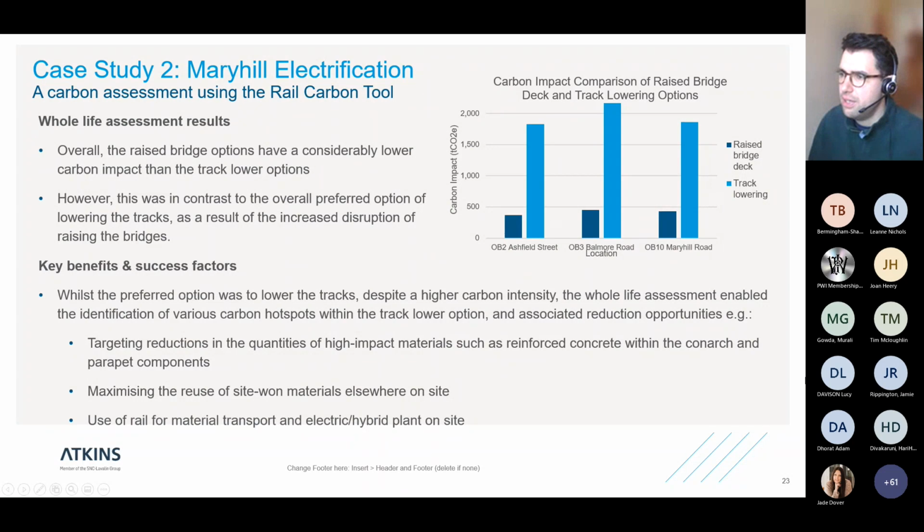was considerably lower, as we can see, compared to the track lower option. The main reason for that was that you weren't just lowering the track beneath the bridge. To be able to lower that, a long gradient of track had to be lowered as well to lead into that clearance. And then the platforms nearby also were disrupted and had to be